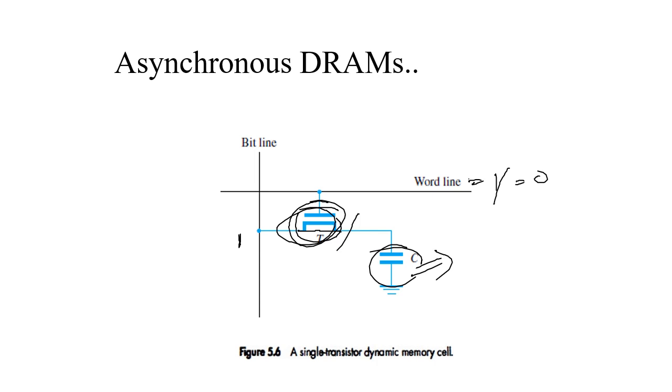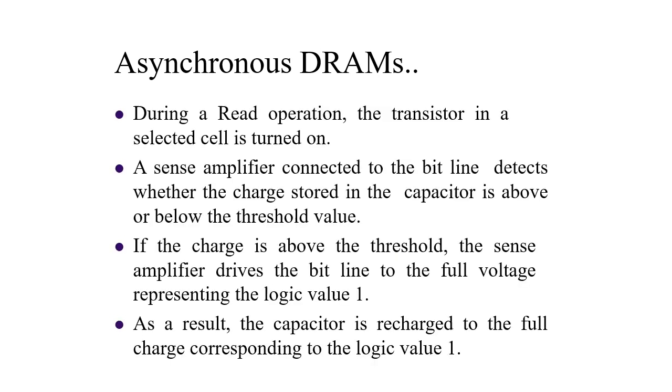In the same way, in order to read the data that is present in the capacitor, turn on the transistor by enabling the word line to 1. This will make the bit line read the data that is present in the capacitor. The charge that is present in the capacitor pulls the bit line to high with the proper circuitry. The bit line will be connected to the sense and write signal, where it senses the data that is present in the bit line, and it transfers it further through the bus line to the processor. During the read operation,